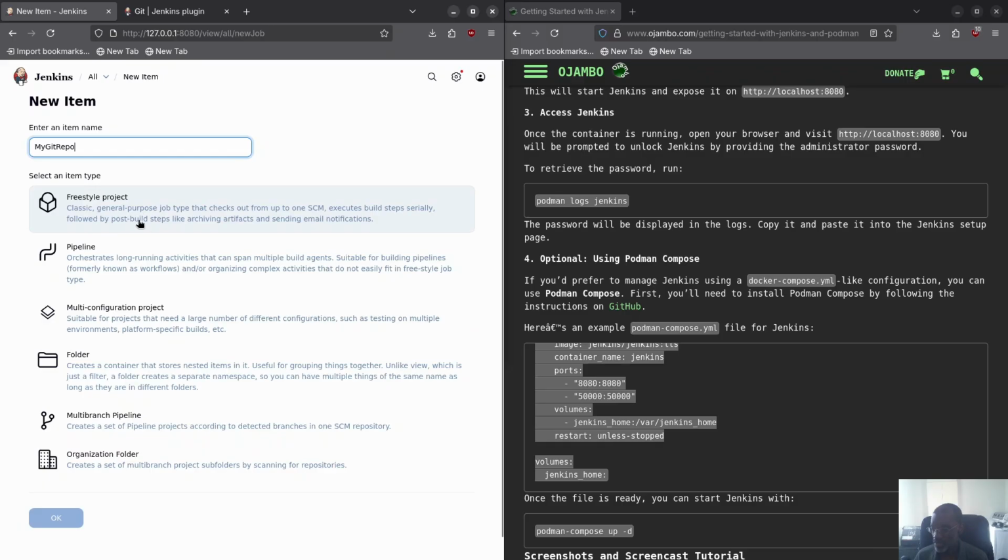It says it's a classic, general purpose job type that checks out from up to one SCM. SCM stands for source code management. Executes build steps serially, followed by post build steps like archiving artifacts and sending email notifications. So that one is perfect for what I want to do. So I'm going to click the freestyle project,